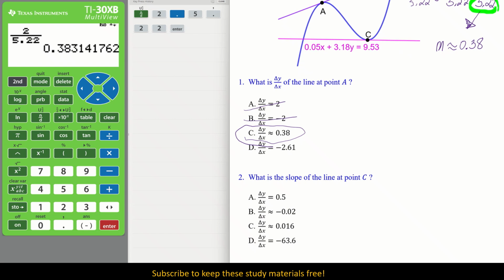Okay, so I'll move up, go to my pink. All right, so what do we have for this particular item? Well, now you could cut to the chase and see what it looks like, but I'm going to follow through. We have 3.18y equals 9.53. Now that will be minus 0.05x. Now, of course, now we divide every term by the coefficient in front of the y to get rid of it, which gives us,